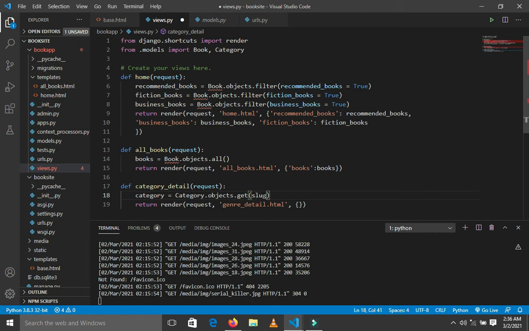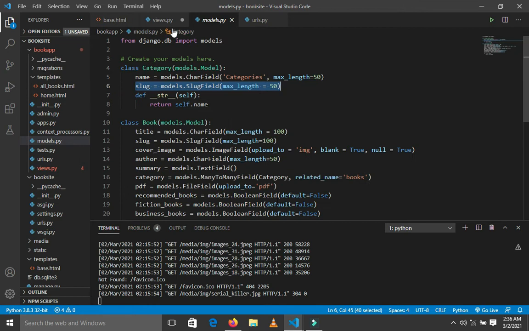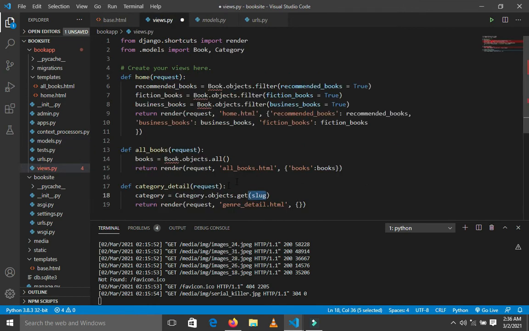This slug refers to the property in the models.py. The slug we have there. But if I proceed, I also need to put in an extra argument in this function. I could simply call it slug also. But this, I said category should be equal to